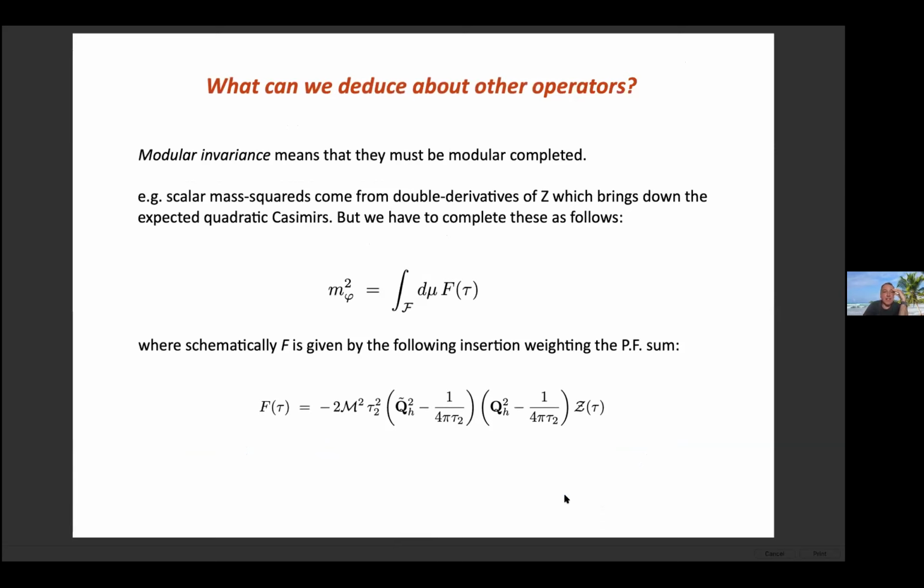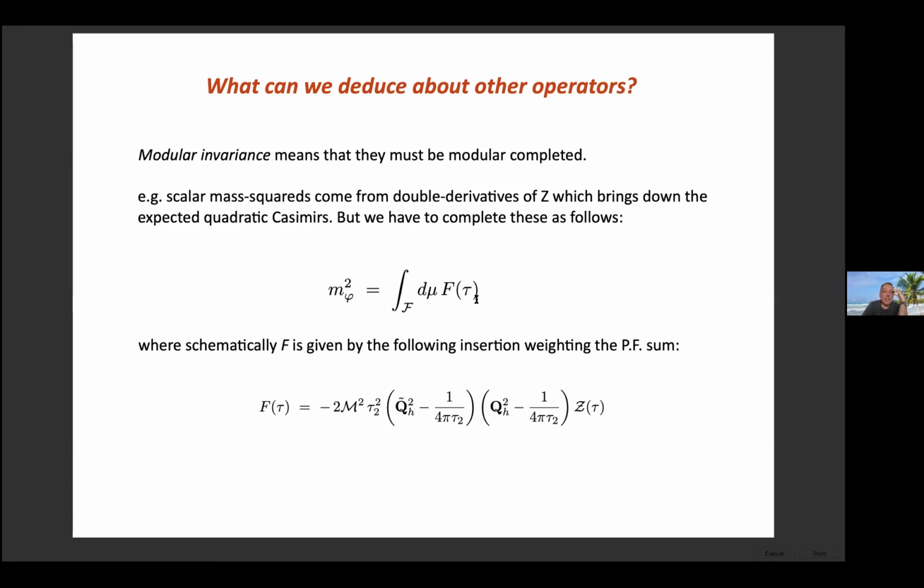Right, so now let's look at some other operators, and the other operator we're interested in is the mass squared of the Higgs. And I'm going to just infer what it should give me without doing any model building at all. I'm going to infer that if I have a scalar which is a Higgs and I want to get its mass squared, I ought to be able to take lambda and just take a double derivative, thinking of it as a background field, I take a double derivative of this phi.